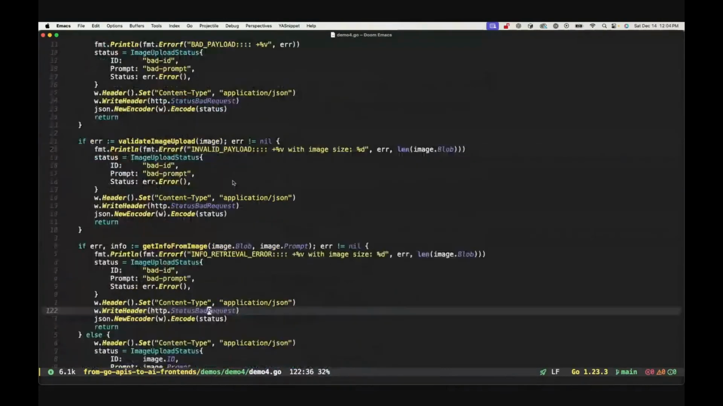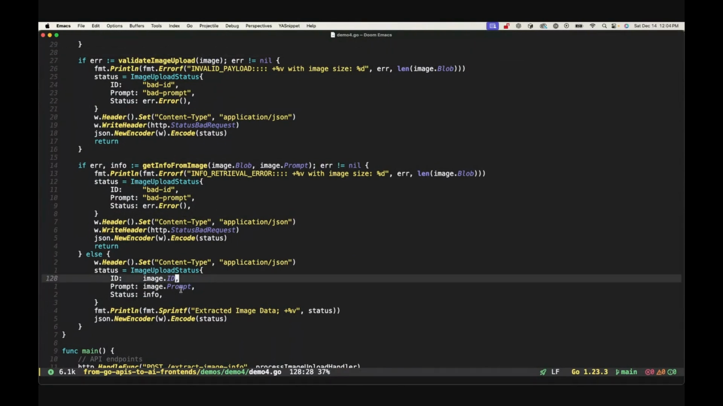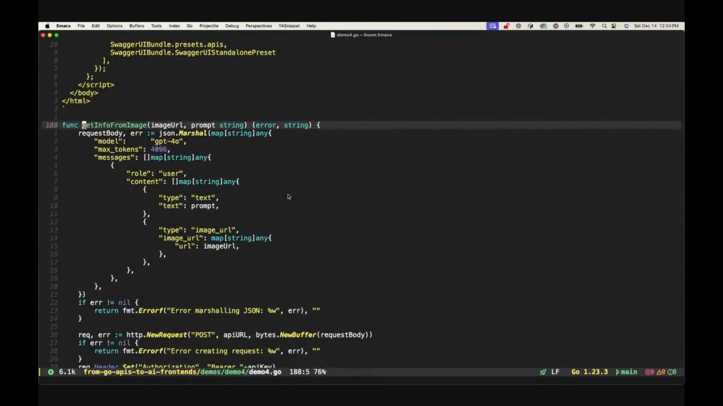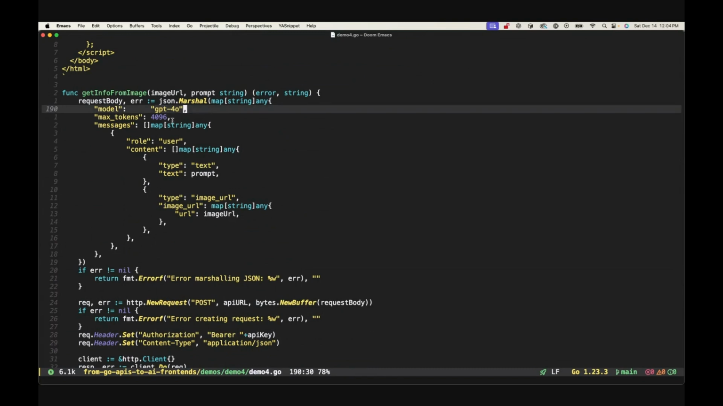Okay, so let's continue. So in the case of a valid request, what we do is that our server will then turn around and invoke the LLM provider. So in this case, OpenAI. So you can see that we are using GPT-4. We set the number of tokens we want to use, and we pass it not only the prompts, but also the image